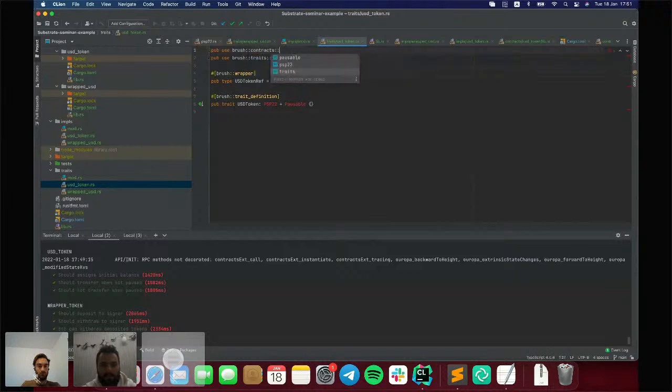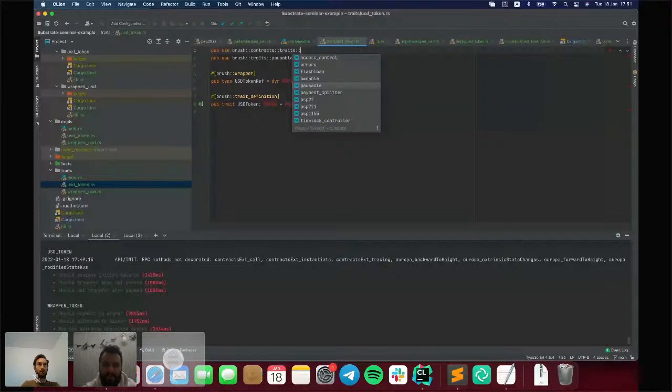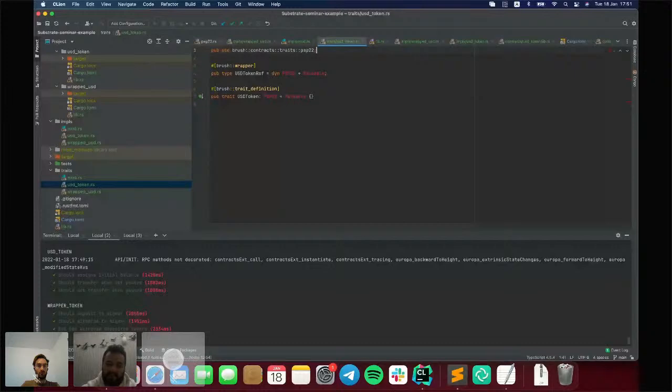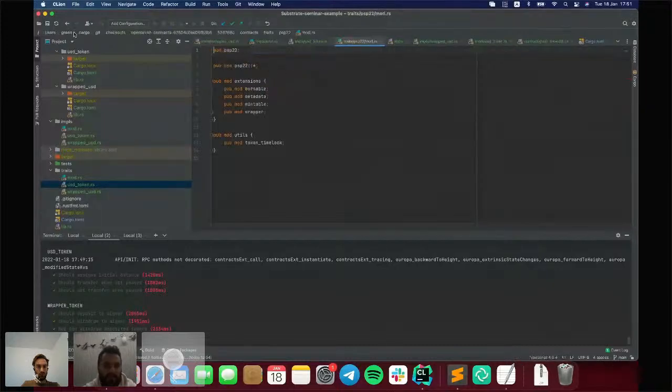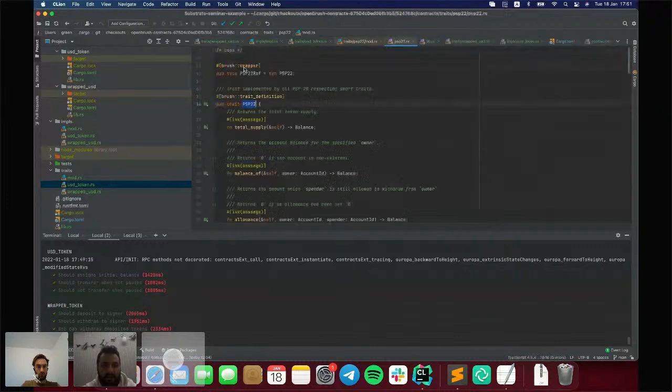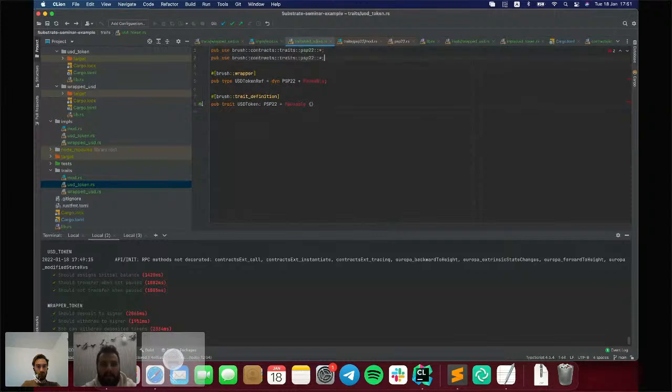OpenBrush provides separate traits and implementation for those traits. So traits are defined in brush::contracts::traits and the name of the contract you want to use. So it has a definition. But if you want to use the implementation, you need to use that path.